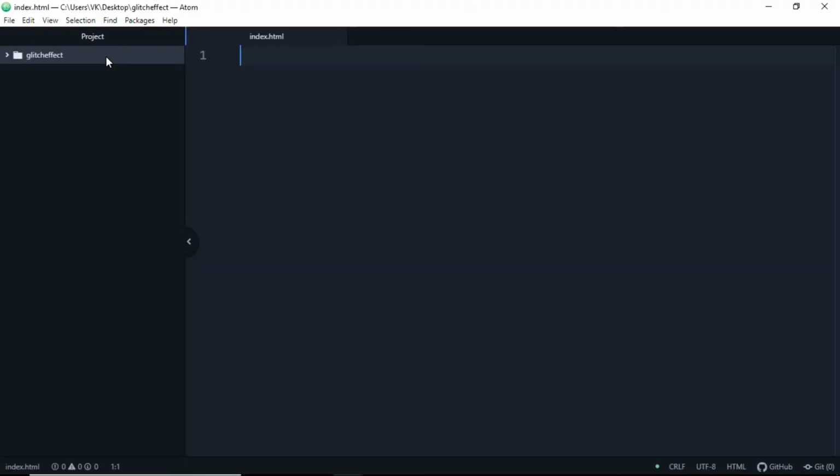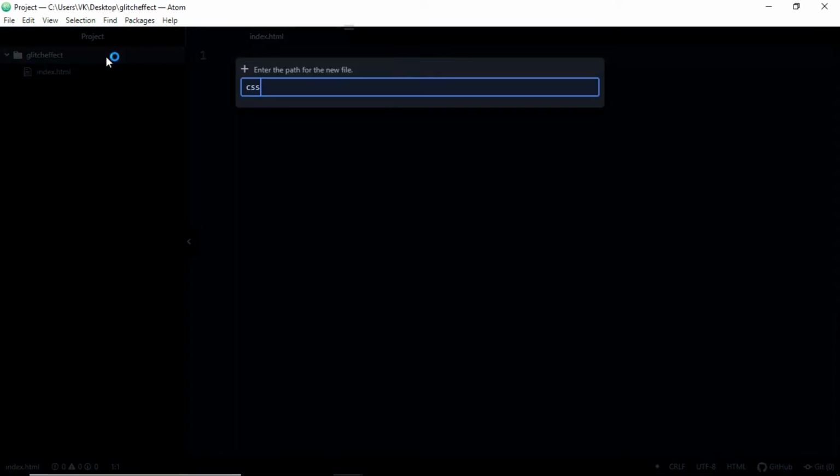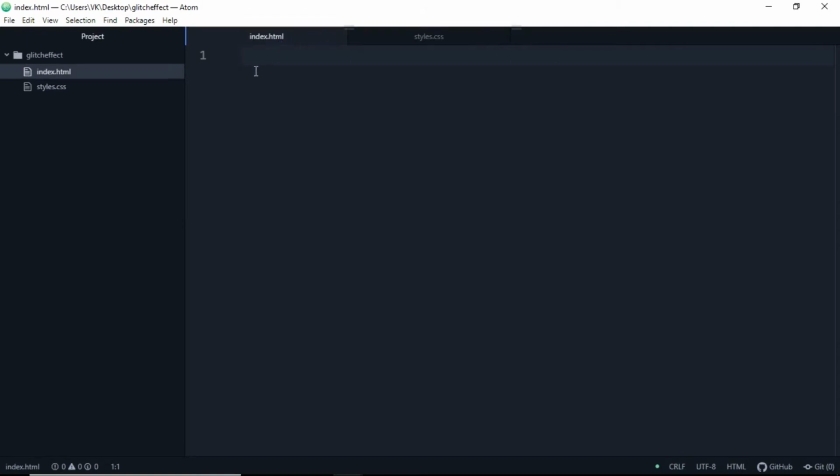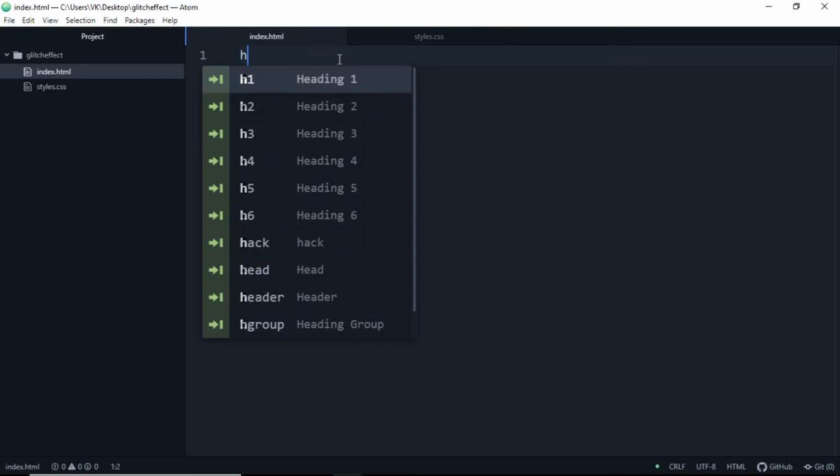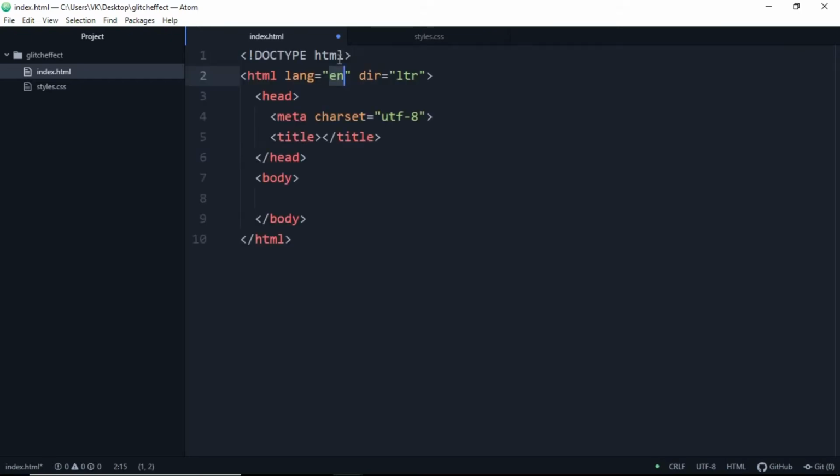Hit enter and let's make another file which is styles.css. Okay, let's keep it styles.css and hit enter now. So let's go to our index.html and write simply HTML. So the boilerplate will be displayed and the title of our web page should be, let's keep it glitch text. Yes, that's fine. And so let's directly go to our body tag and let's add a div here which is